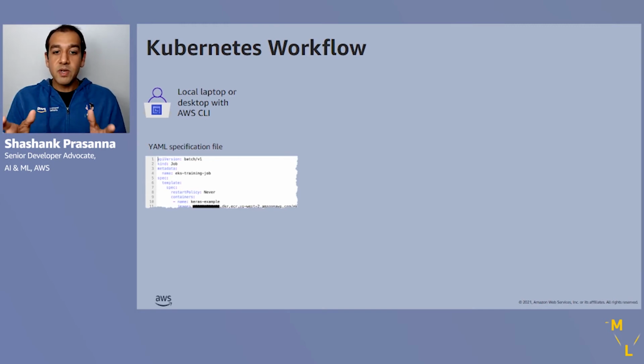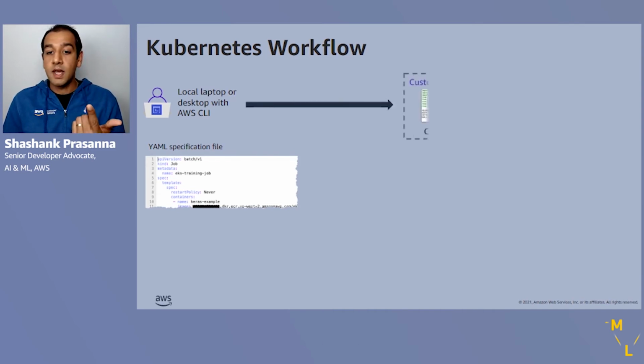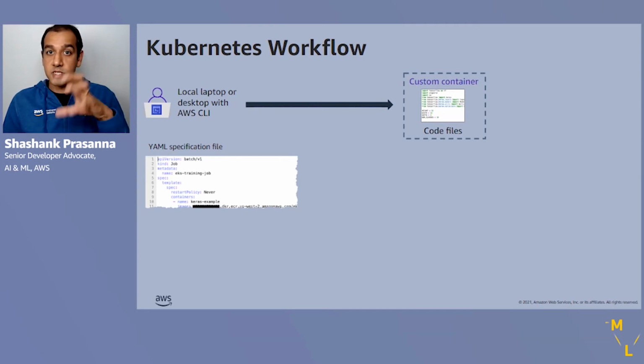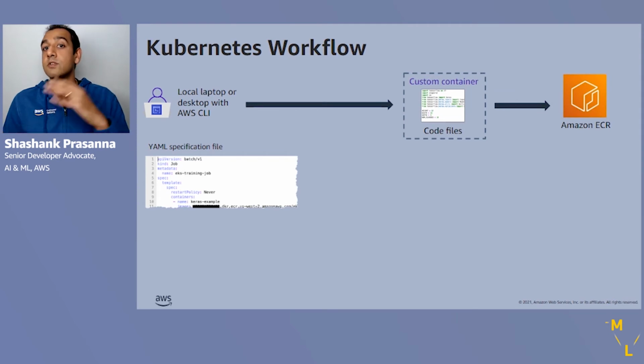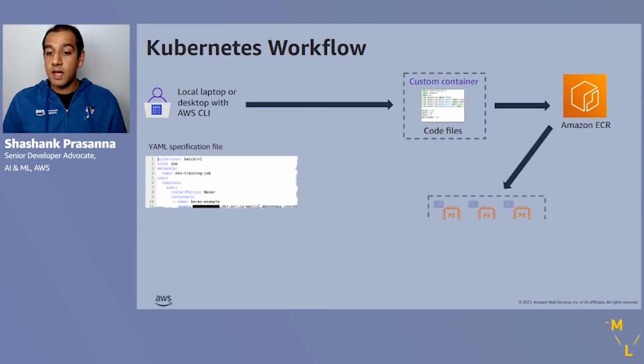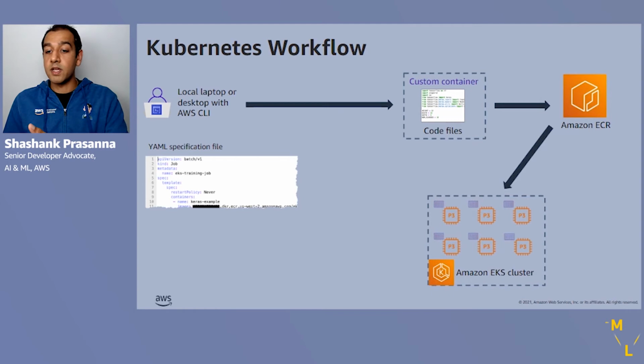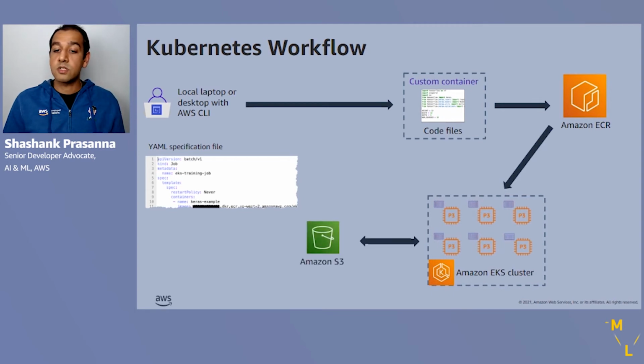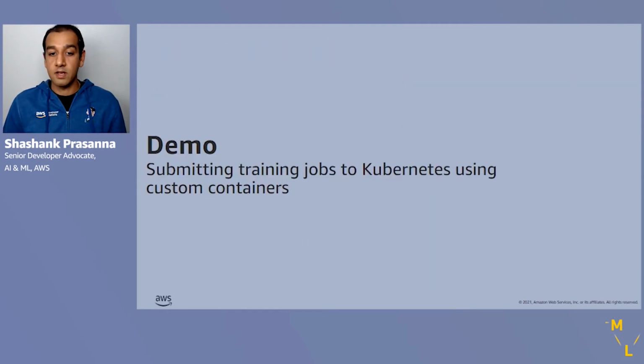So as a Kubernetes user, you would write your specification on what job you want to run, how much resources you want, and then you build a custom container with your machine learning environment and your code, and you push it to Amazon ECR, which, as we saw in the demo. And after that, you tell Kubernetes to run this on a specified number of resources, and it can copy the dataset from Amazon S3 or EFS or FSx for Lustre or other file system and initiate your training.